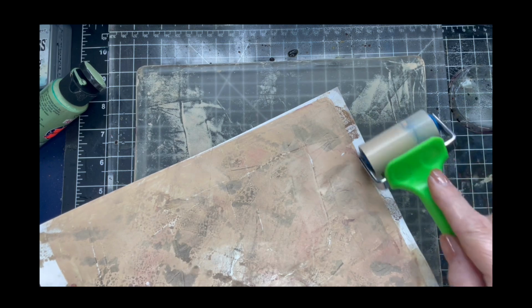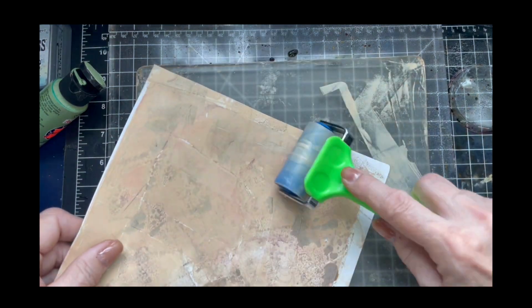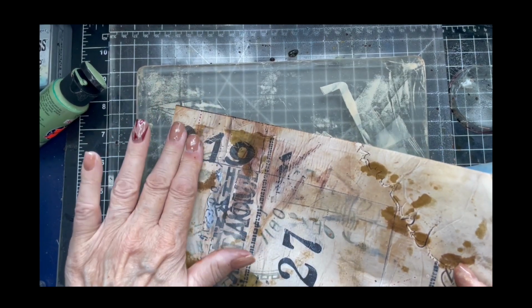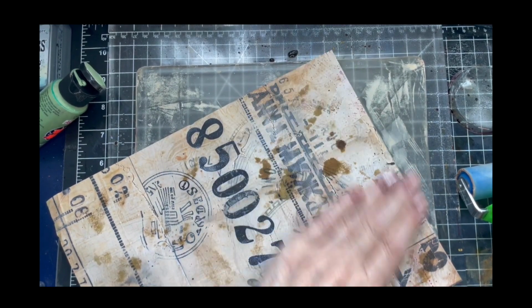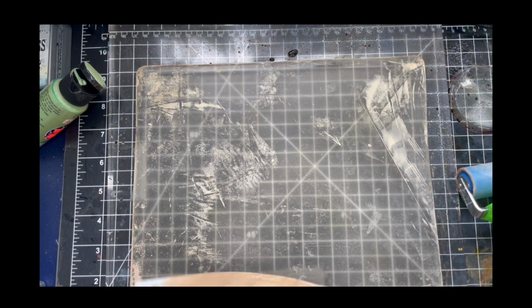And now I got a little bit of extra on my brayer, so I will try and brayer that off a little bit and see if I can get some of this up. Yeah, it's a little bit. There. And let's do